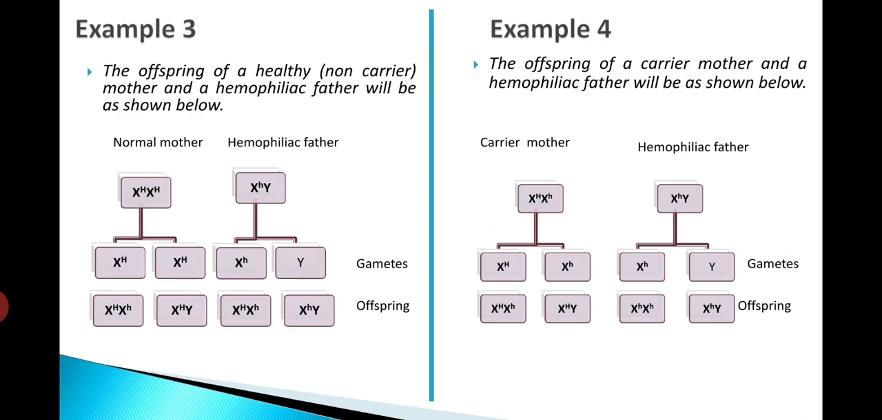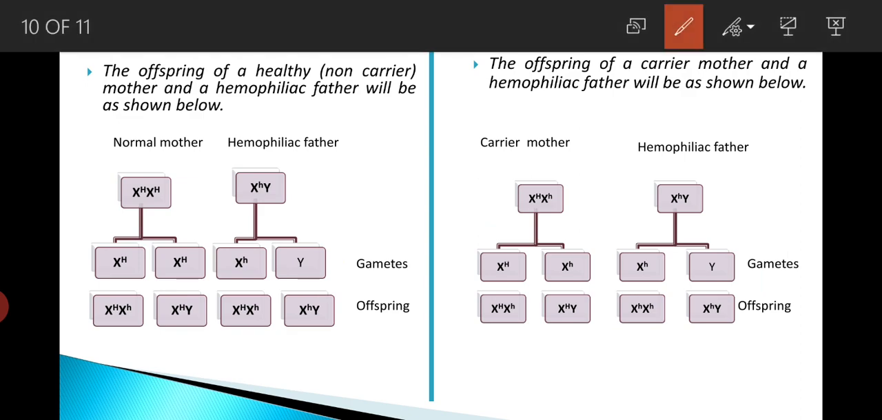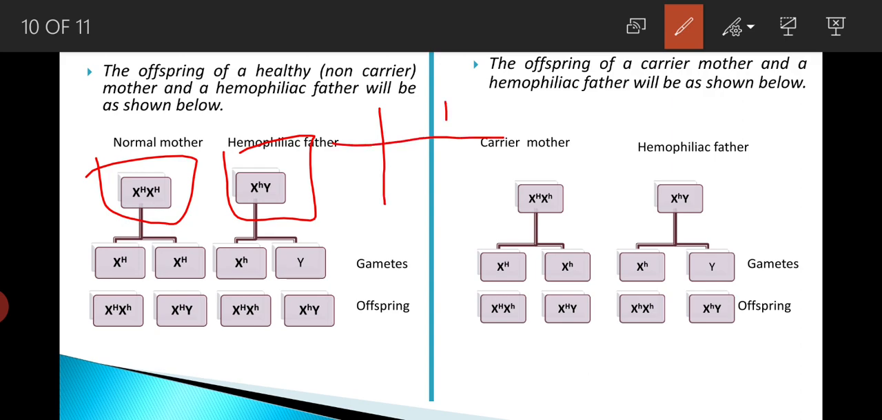Let's see examples of inheritance of hemophilia. The first example says the offspring of a healthy non-carrier mother and a hemophiliac father will be as shown below. So we have a normal mother, who is a non-carrier, which means that both X chromosomes have a large H, and the hemophiliac father, which means that his X chromosome will have a small h. And from the combination of the gametes in the Punnett square, we are going to see that in the offspring we are going to have